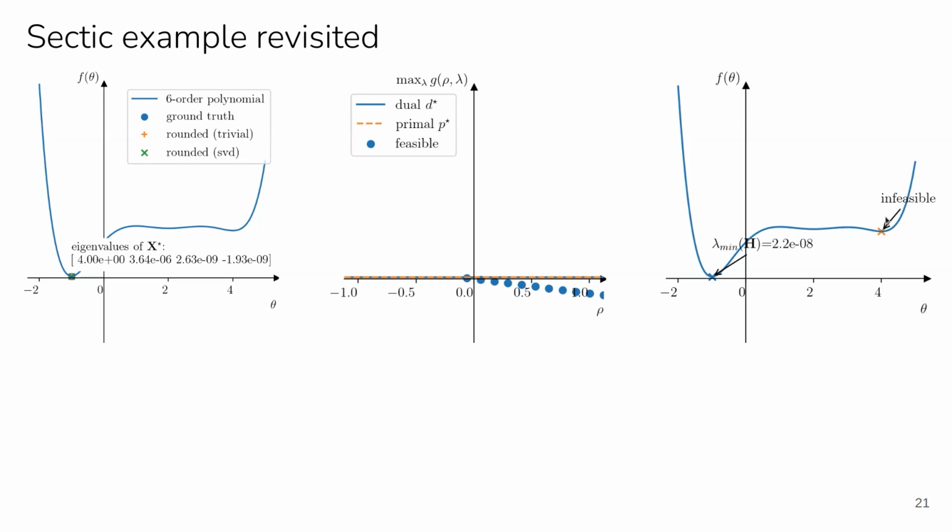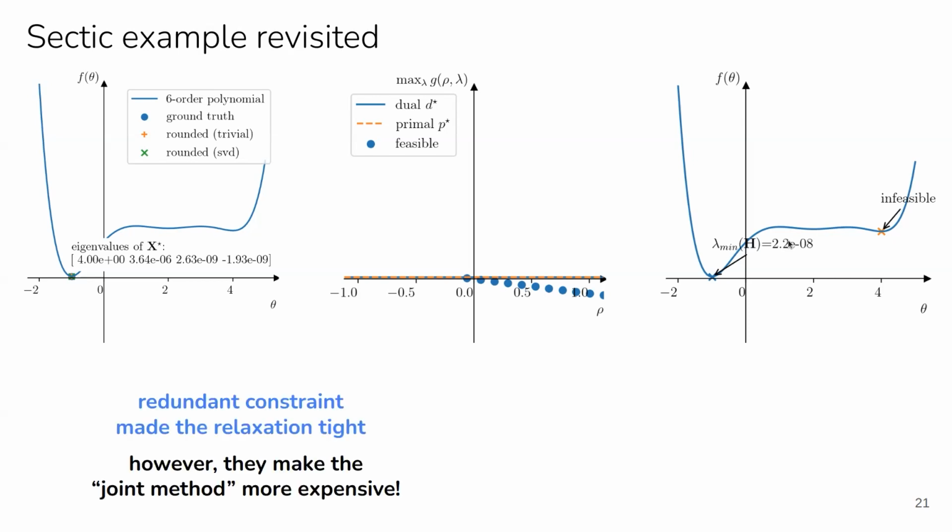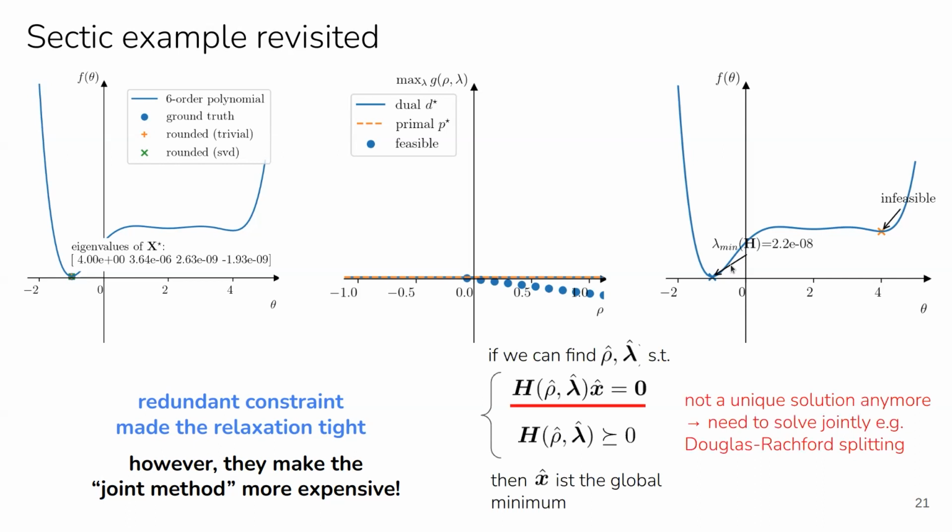And if we look at our joint optimization, then we have an almost 0 eigenvalue for H at the global minimum. And at this point, the problem is unfeasible, meaning that there are no dual variables that satisfy both constraints. So we have made the relaxation tight, but this did make the joint method much more expensive because,